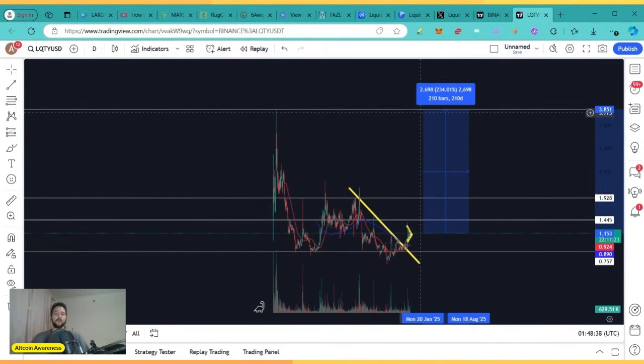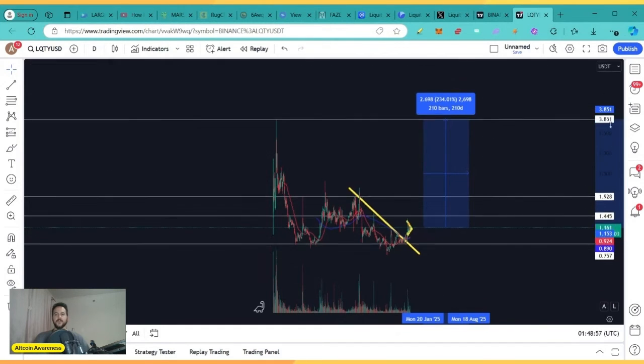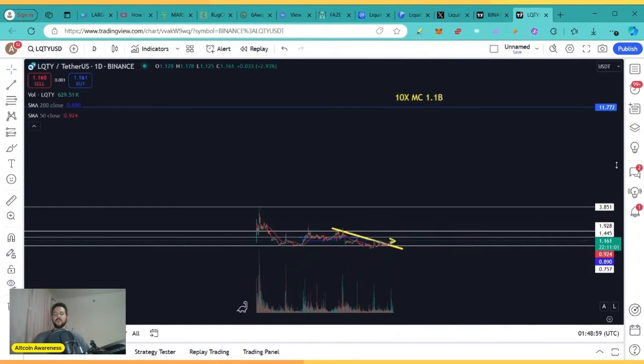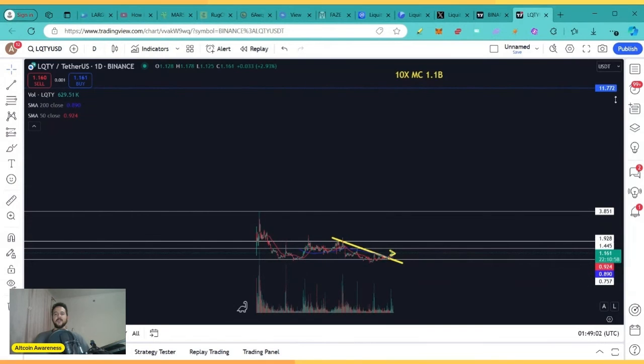And that's a nice move out of Liquity. Again, Liquity doesn't have such a huge market cap. So a move like that can easily happen if a little bit of liquidity starts flowing into this token. If we zoom out even more, I have this target here for you. It's located at $11.77. That's going to be my price prediction for 2025. And this is basically a 10x move for Liquity. If Liquity pulls a 10x move, it's going to have a price of $11.77 and a market cap of 1.1